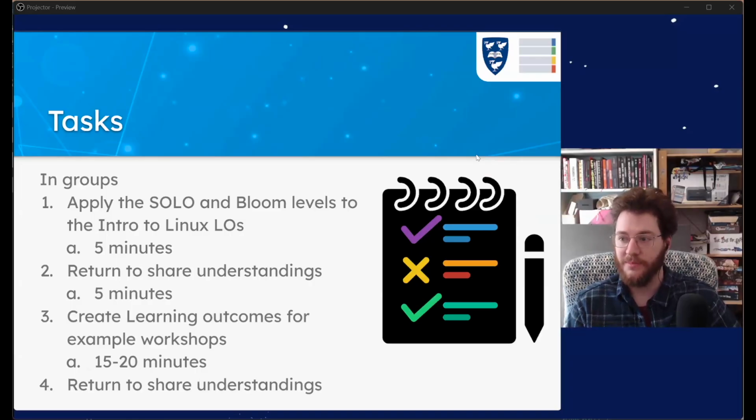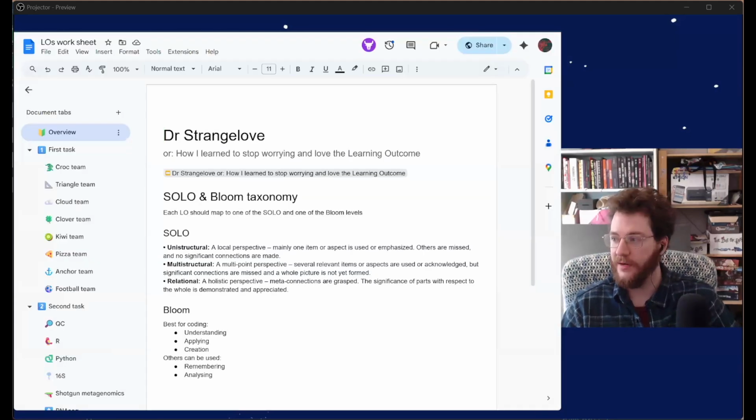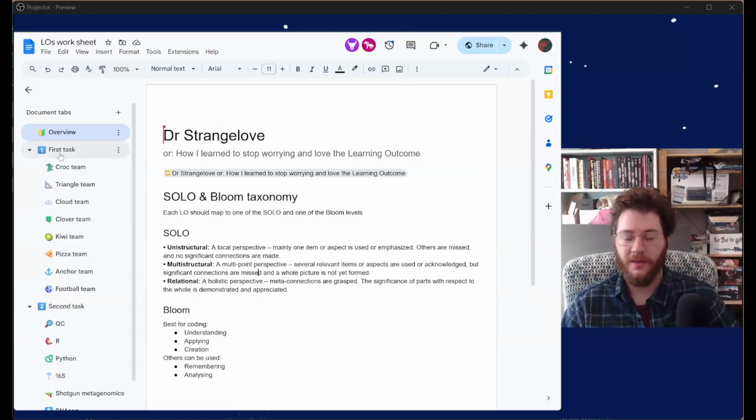So those learning outcomes I've just gone through, you're going to go on Teams and say what levels of the SOLO they belong to, or at least you think they belong to, and which level of the Bloom they belong to, of those 3. And on the Google Doc that we'll be working through, it shows that. In fact, let me show you. So you have this document here. You'll see you have Dr. Strangelove, we have the SOLO and Bloom, you have the SOLOs here, the Bloom, and then for the first task,